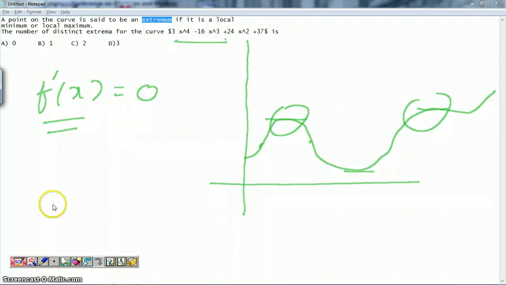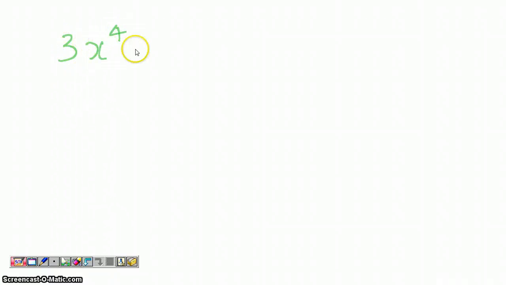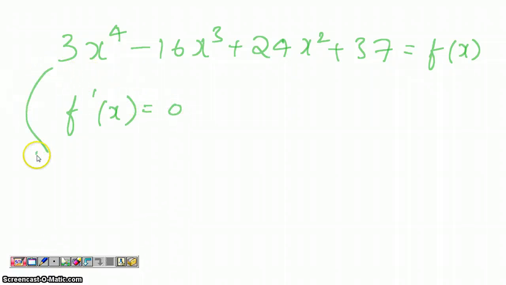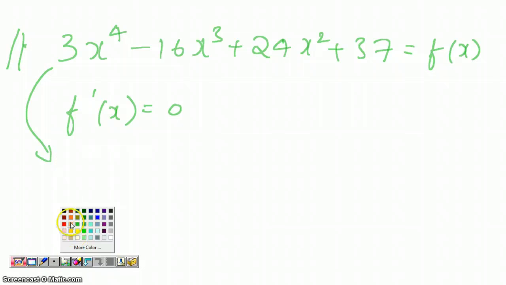Okay, let me change the screen mode. So the question is 3x to the 4 minus 16x cube plus 24x square plus 37. What is the total number of extremum points that you can think of for this? As I told you, just find f dash of x and equate it to 0. What is f dash of x? Let me find the derivative of this particular function. So it happens to be the following: